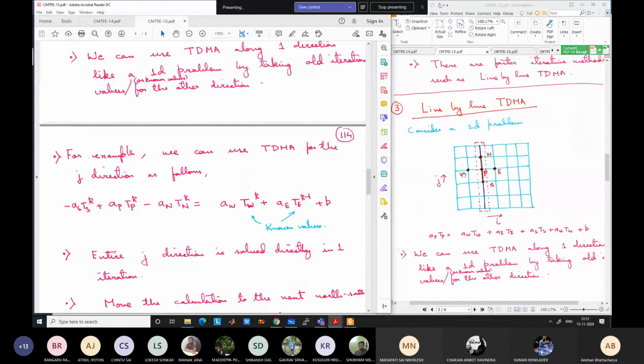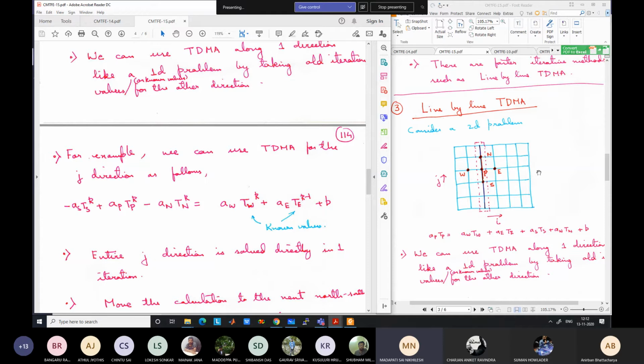Now what will happen? You proceed one by one each line and finish one set of iterations, but you cannot stop there because you are not reaching the correct solution, since you started with a guess value. So again you have to sweep. Now I can sweep in another direction or in this direction. As I was saying, I can alternate the sweeping direction. So I can sweep in another direction, and then I will compare the value.